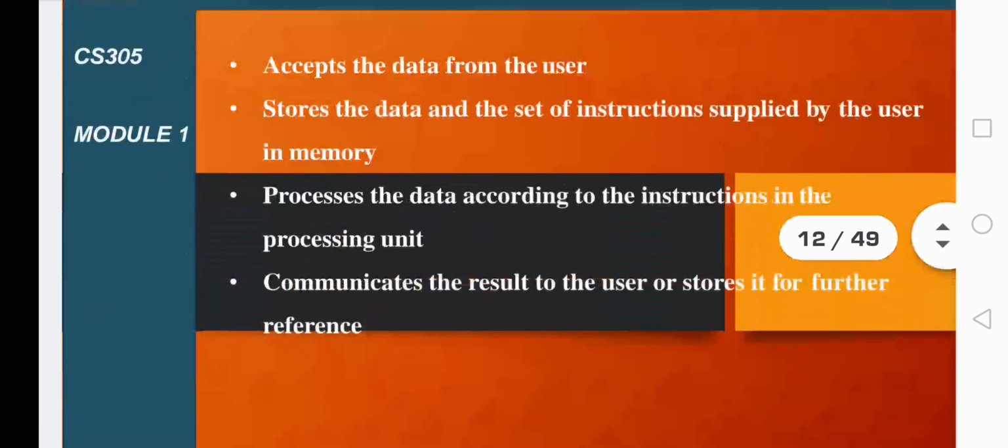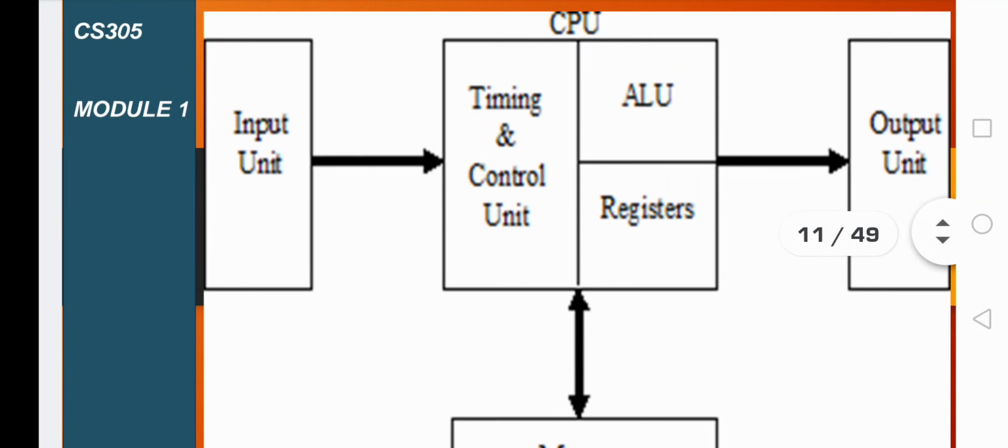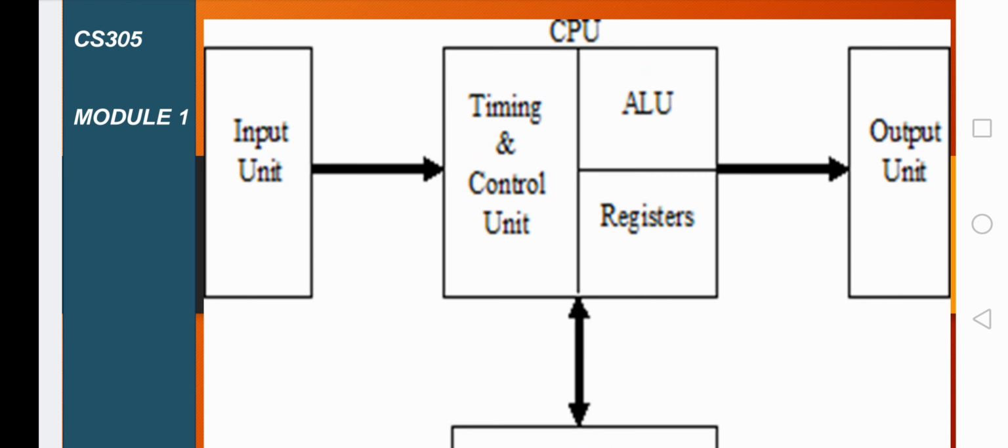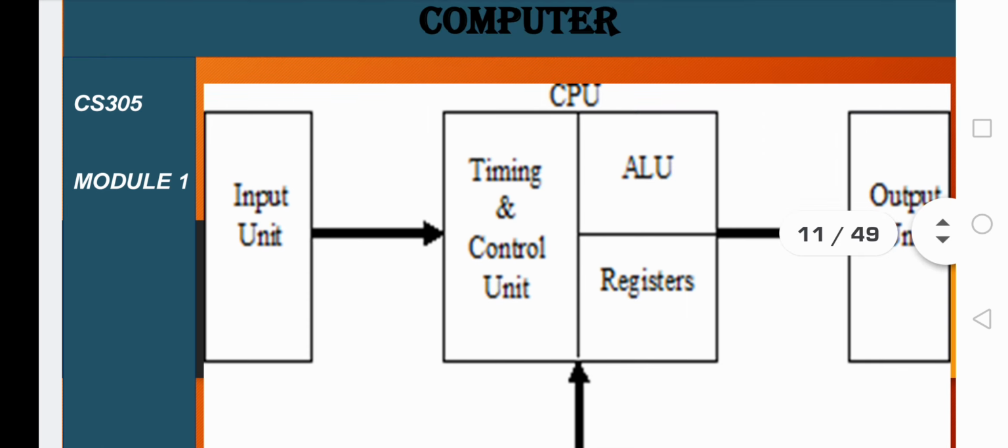Okay, so that is what is happening in this CPU. These are the various units that I told you: ALU, timing and control unit, and the last one which I have to tell you about is registers. What is a register? Registers are small storage modules. Actually, they are very fast computer memory which are used to execute programs and operations very efficiently. So they are actually computer memory.